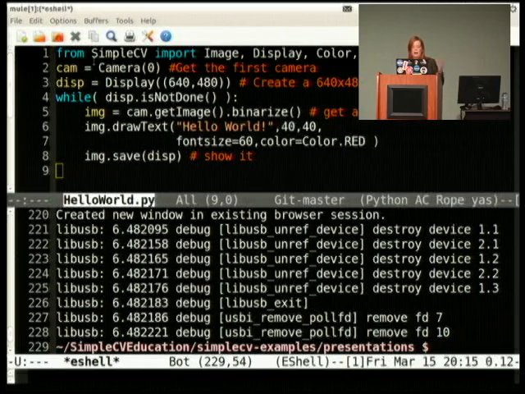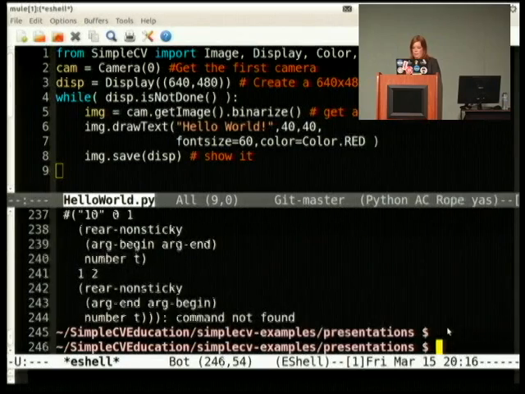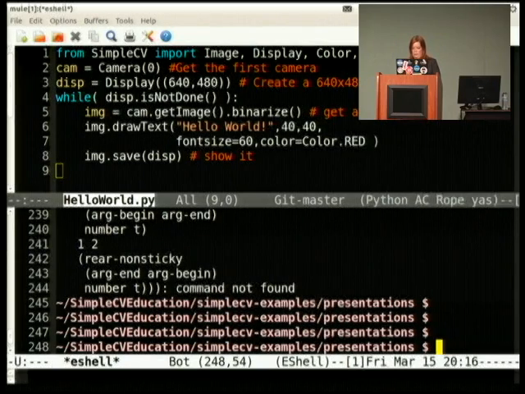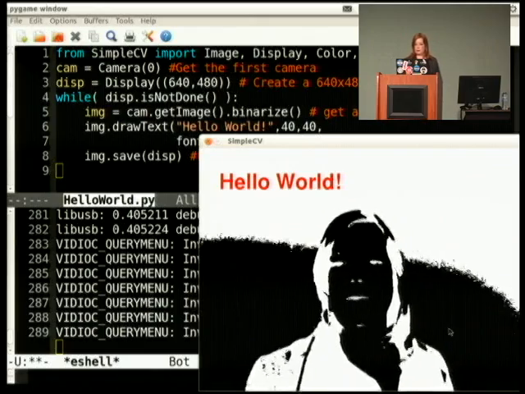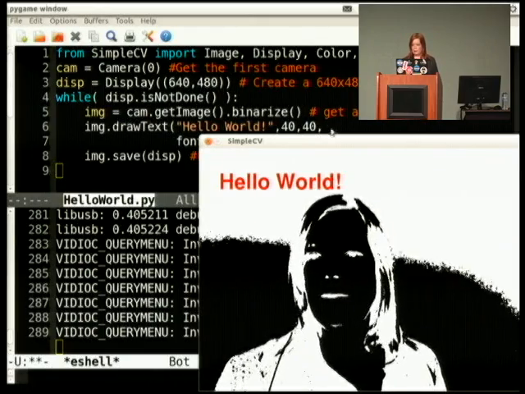I say, hey, give me a USB camera and then give me a display, and while I say don't quit, grab images off the camera, apply a binarize filter to them, which just makes it into a black and white image. I draw some text on it, and then I show it. And that looks like,